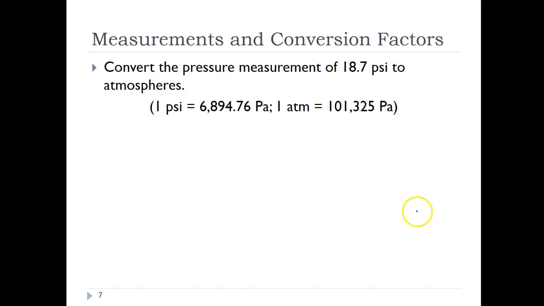So I'm going to come over here and write that down, that I'm solving for atmospheres. And then what am I starting with? Well, I'm starting with 18.7 psi. That's what I'm trying to convert into atmospheres. Okay. So I'm going to just start my calculation. In order to cancel things out, I need to cancel out psi, so I need to put psi in the denominator, which means I have to use the first unit factor since it's the only one that has psi in it. So I'm going to put 1 psi on the bottom,